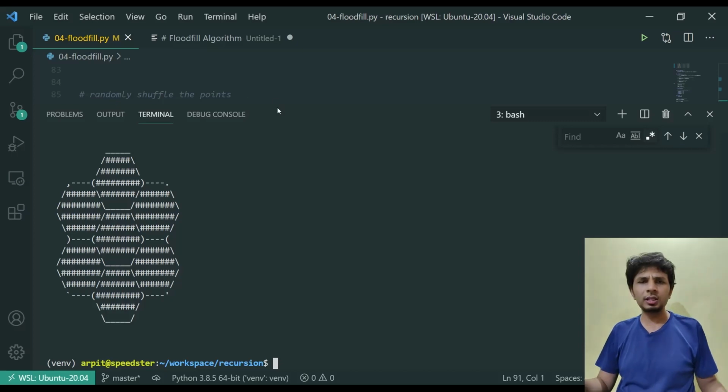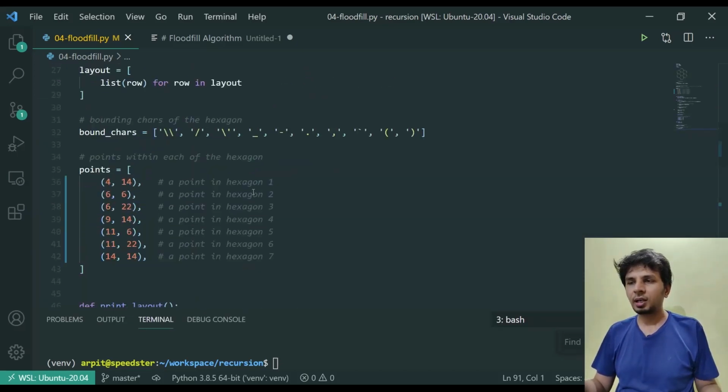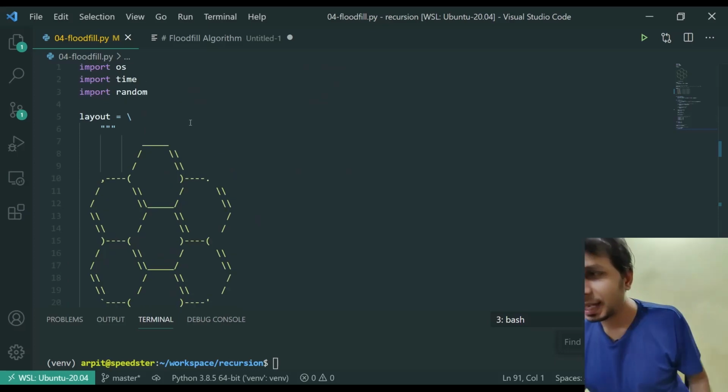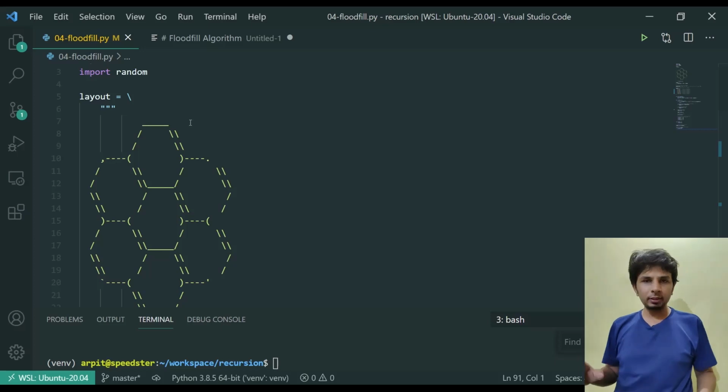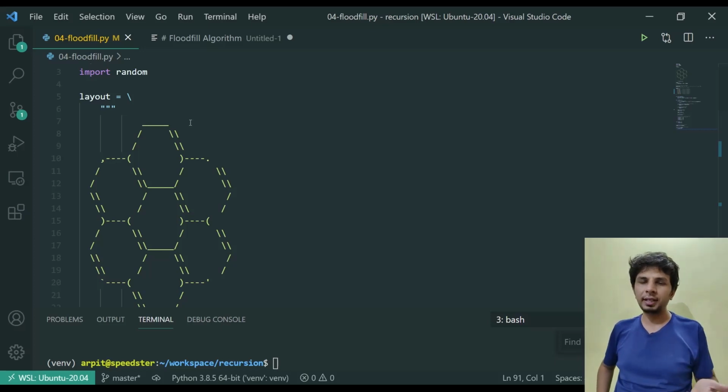All I've used is Python and just very basic import statements like os, time and random, no fancy libraries here or there, right? So we'll be going through the code of this visualization to help us understand the flood filling algorithm. In the end, I'll also specify a few places where you can see flood fill in action, and some very interesting research updates about it.